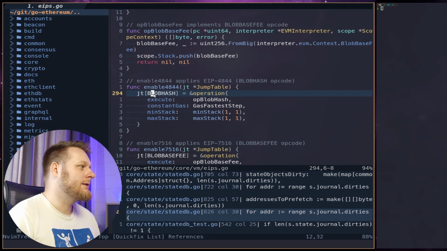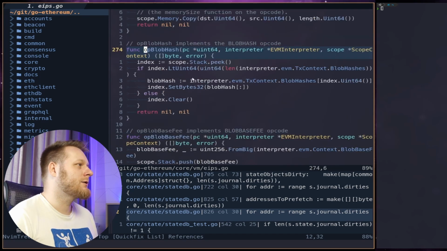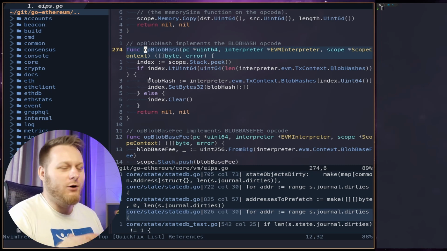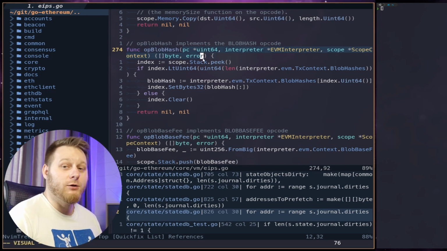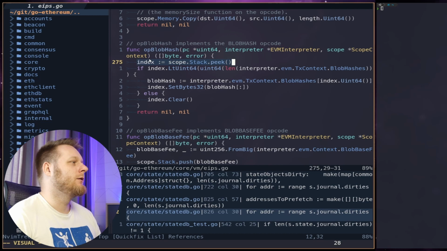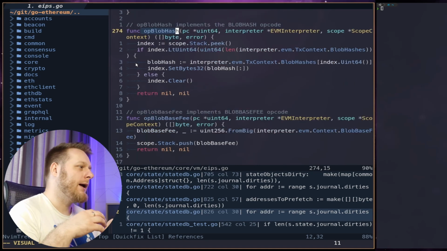For example, you can see that we have the blob hash here, new operation that execute has this op blob hash, and we can really go inside and see how each of the opcodes is being implemented. All the opcodes have the same input. So first, in this particular blob hash opcode, we are using a single stack element,